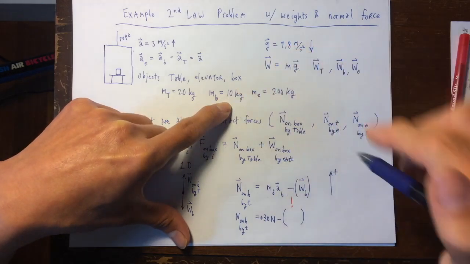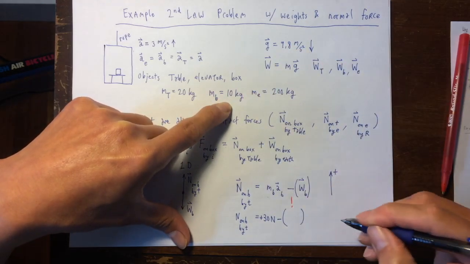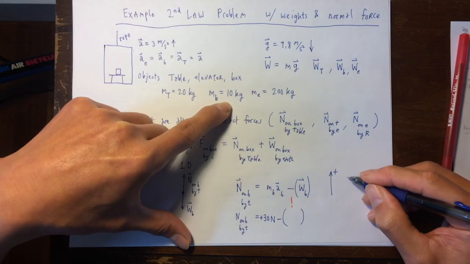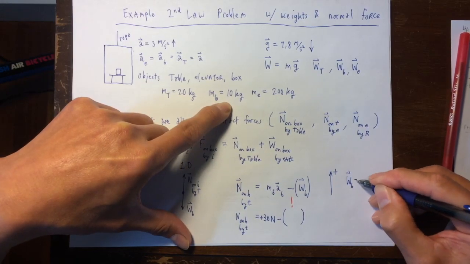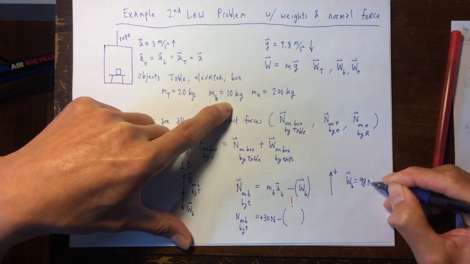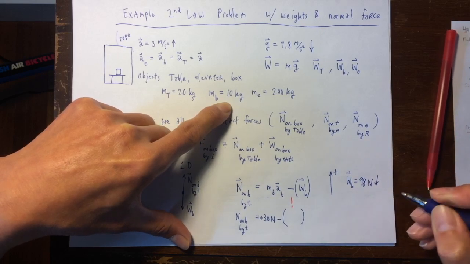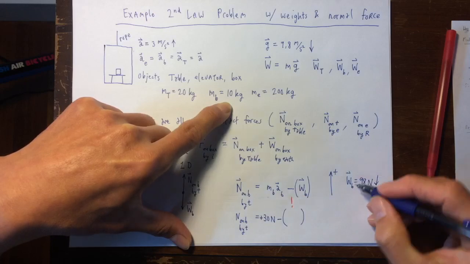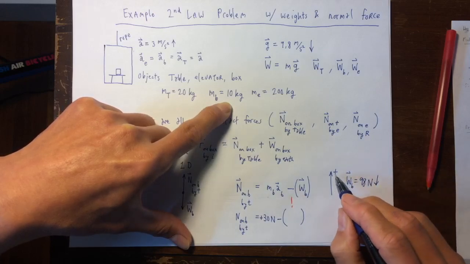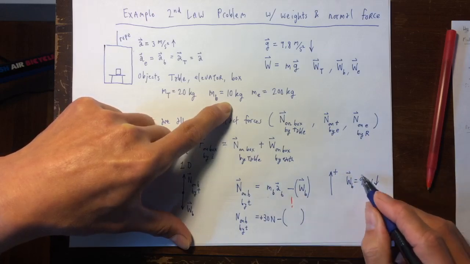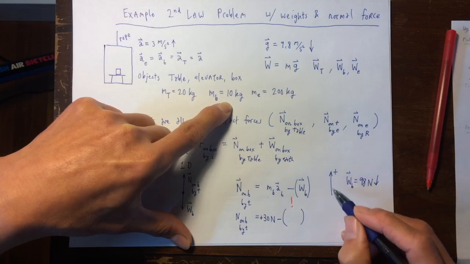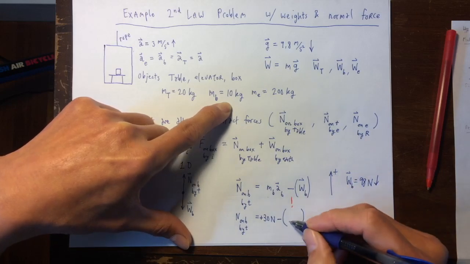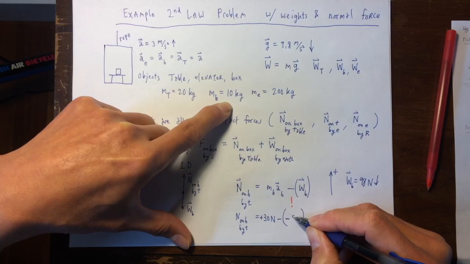So 10 times 9.8 is 98. So the weight of the box is 98 newtons downwards. So that means that when I put in the weight of the box against this upwards-being-positive arrow, this down means this is a negative number in this coordinate system choice. So I have to put in a minus